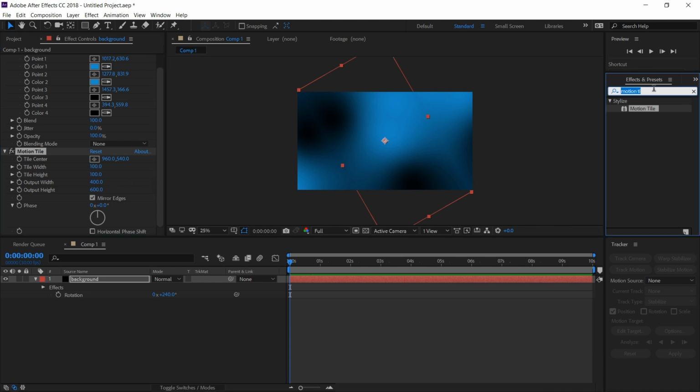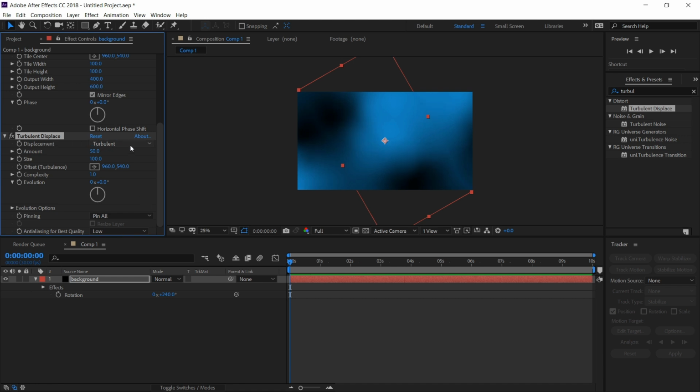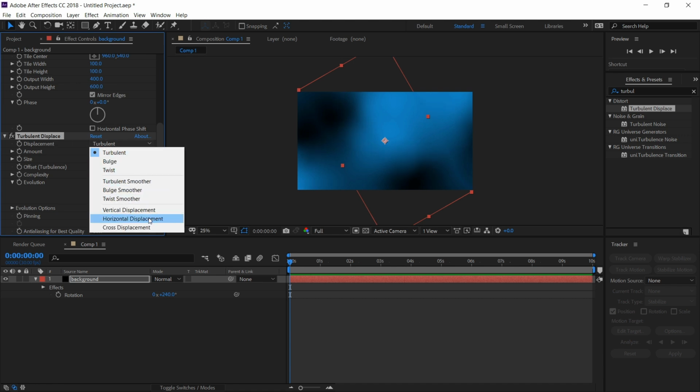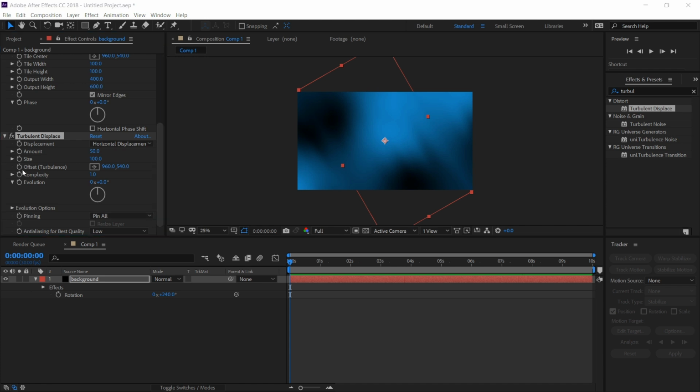Adding turbulent displace. Now change the displacement to horizontal displacement. Now I will animate the amount, offset and evolution of this turbulent displace in order to give it animating movement. So I will just click on this amount, offset and evolution, but before changing I will increase the size